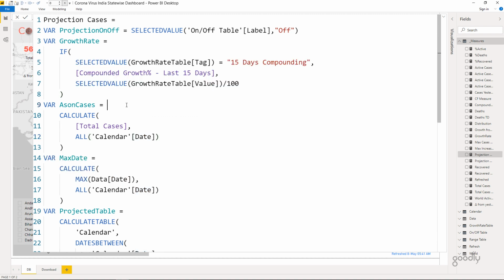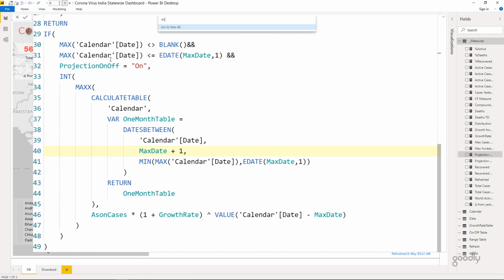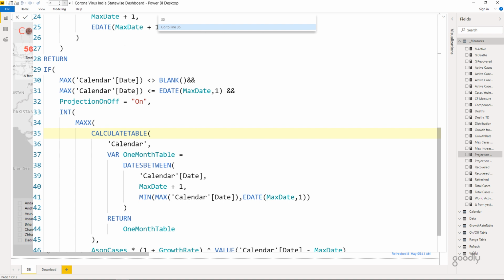Sometimes what you'd like to do is, when you are, let's say, in row number 9, and you want to go directly to maybe row number 40 or 50. This is especially useful when you are writing a very long code or debugging a long code. How do you jump from row 9 to, let's say, row number 40? You're going to use the shortcut Control G, which is going to open up a small box. You will just write 40 in that box, and this will lead you to row number 40. You can obviously change that to, let's say, row number 35, and you will land up in row 35. Now to commit to the input that you have given, you have to press the Enter key to be able to come to that line and start working in that line.